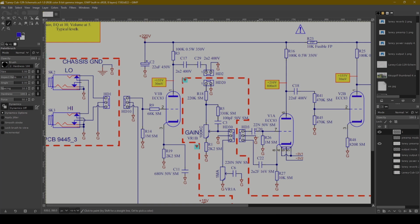We've got another 22 nanofarad cap and then a 1 meg resistor. As I look at it, we've already got our DC blocking caps, so we don't need that. I think this 22 nano and this 1 meg would form a CR, capacitor-resistor filter, which, if my memory serves me correctly,